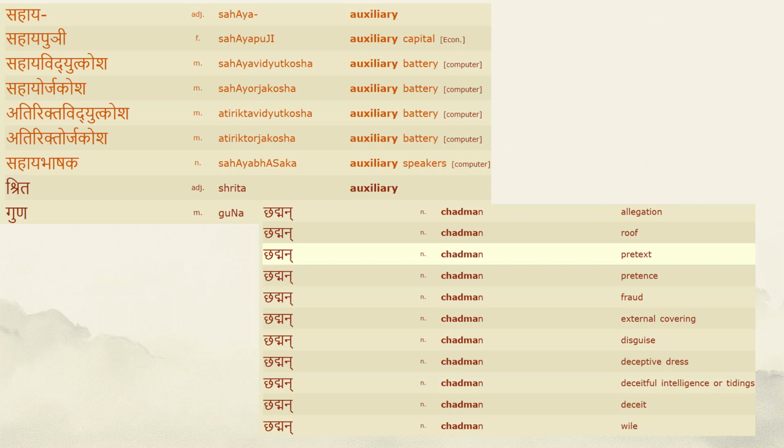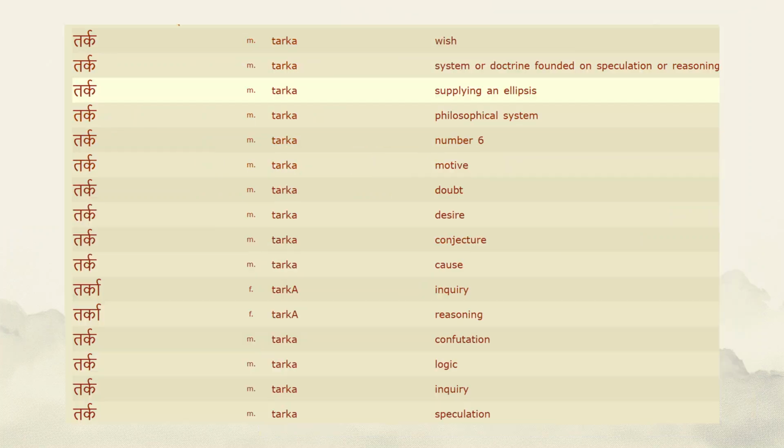But all the other words are actually very relevant. Okay, maybe not allegation here either. It is we who are going to make an allegation against anyone who uses ad hoc hypothesis, but that's not the meaning here. So based on that, essentially I have used that word, and remember, if you notice, I used the word tarka and also hetu. So quick